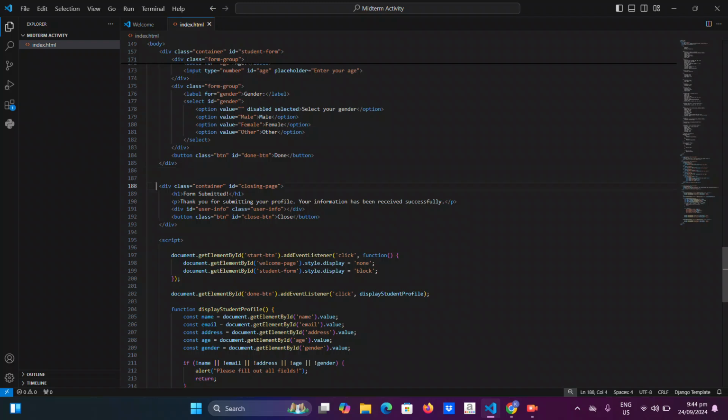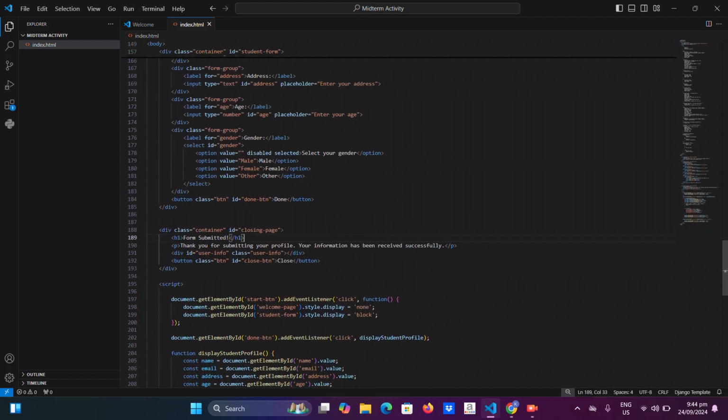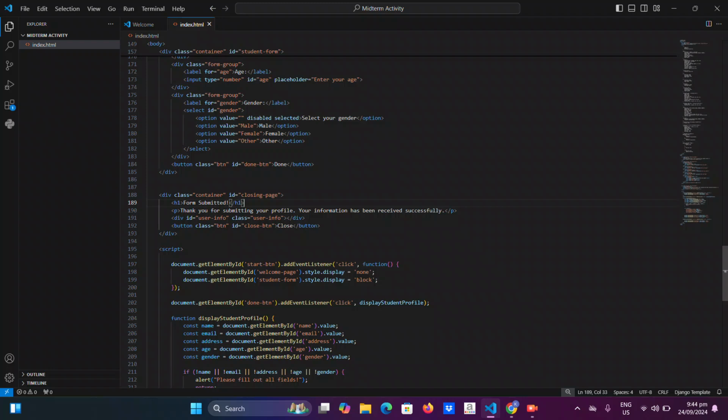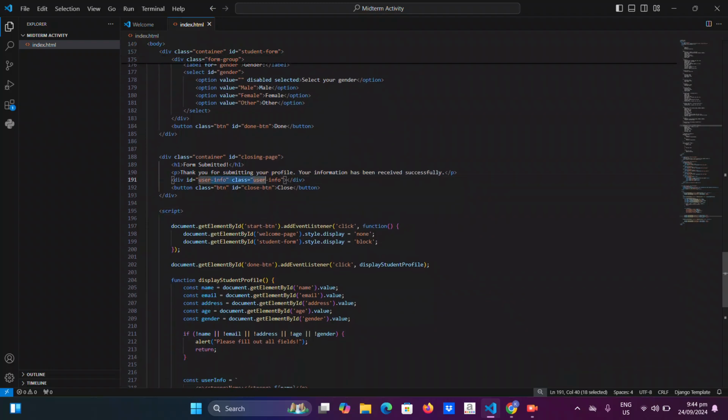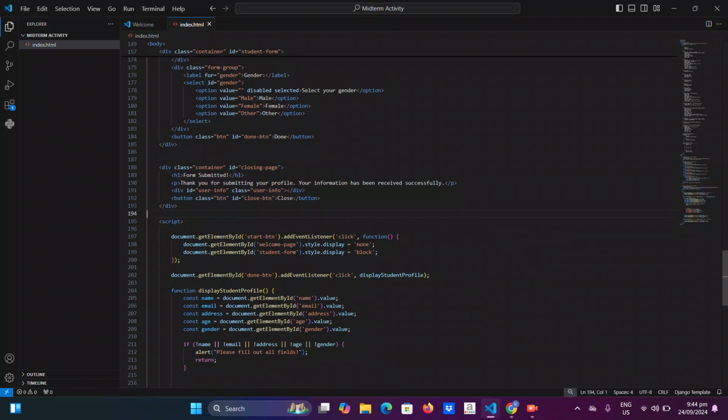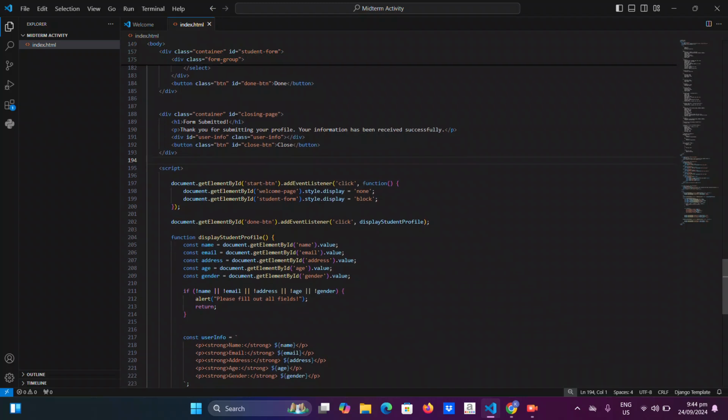So after that, it will go to another page where the form submitted from the student or the user has successfully been received by the system or website. So it also has the user info class, and also the class button where the information will be closed. So after that,